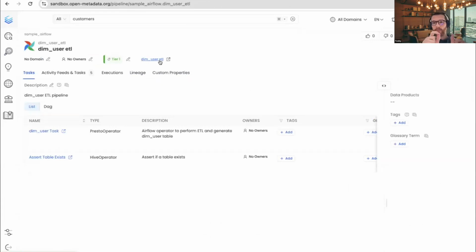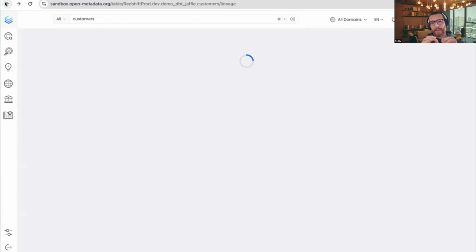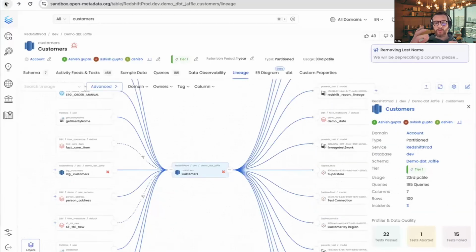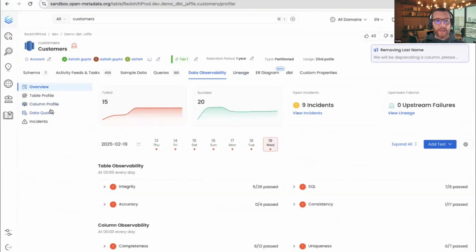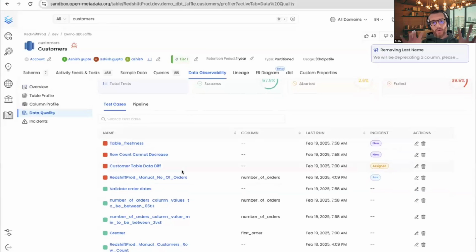So the idea here is that from that simple information and the knowledge graph that you have access to inside Collate, you are able to have a faster resolution to the root cause of issues that may create data quality issues with your data. And the idea is to provide you with the tools and the information that will allow you to find resolution as fast as possible, right? And we'll have that information and that dedicated data quality test for all of the tests that are available inside